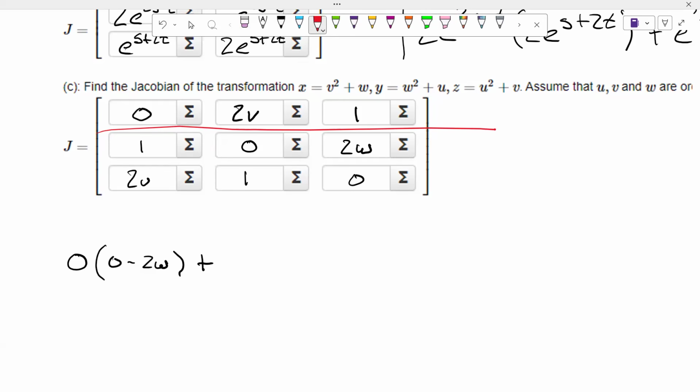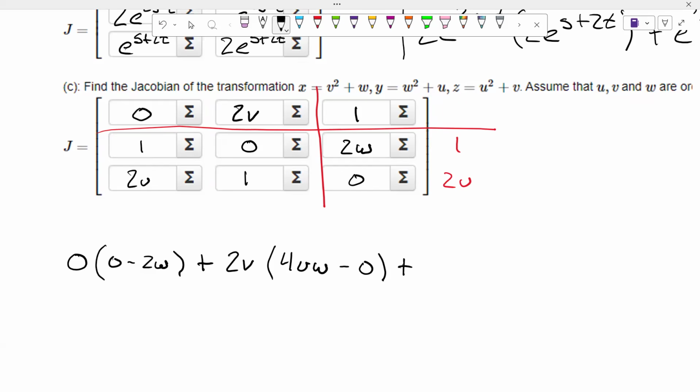Up next, I've got 2V times the resulting matrix that comes after that, which if I just fill in some extra elements over here, 1 and 2U, I'll just bring my first column over to the right edge so that I have a 2x2 space to calculate my determinant right there. That thing looks like 2W times 2U, which will be 4UW,